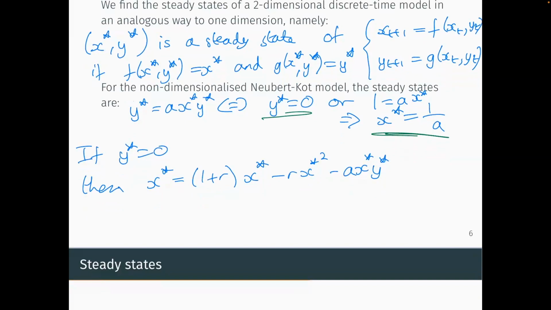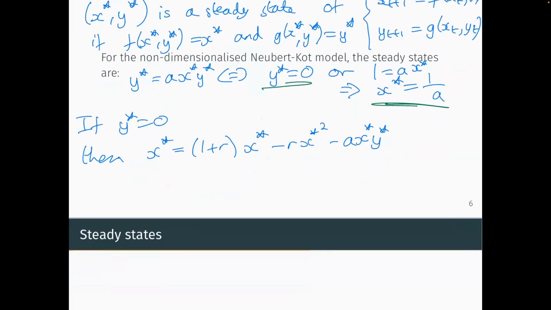I'm going to leave it in there though. If we divide this equation by itself, this implies that x star must equal 0, or we can divide through by x star. So we get 1 is equal to 1 plus r minus r x star minus a y star. So I think this is probably